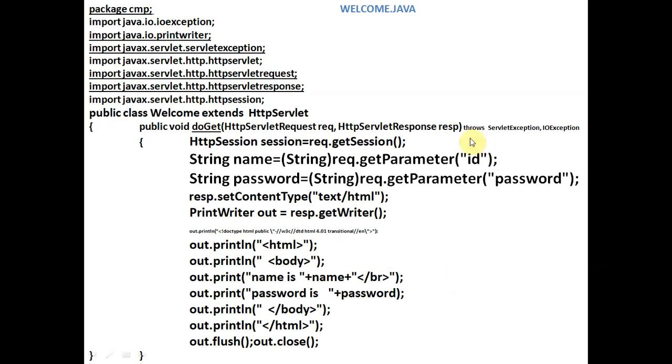And we have mentioned here exception, the probable exceptions for the servlet program. So thank you guys, thank you very much. You have seen how the Java servlet is important for us, and it's an important part of the J2EE framework. Thank you very much. Thank you for listening to this lecture.